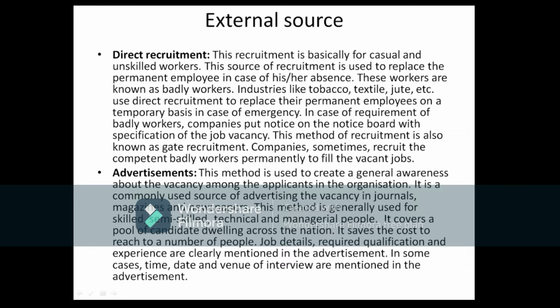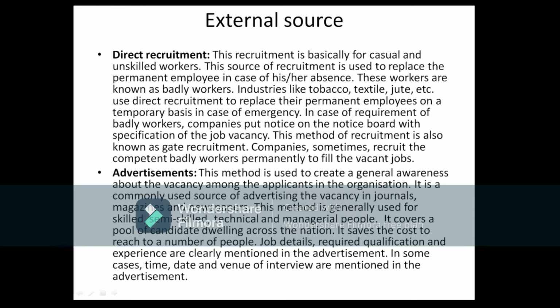Students, this direct recruitment is basically used for unskilled workers, for badli workers. In this case, the company puts a notice at the factory gate mentioning that the company requires one peon, sweeper. It is basically used for the fourth class employees, right? Where the company, without wasting even a single penny, gets the people for the lower level, for the fourth class, right? This is basically used in the tobacco industry, textile, jute industries, where